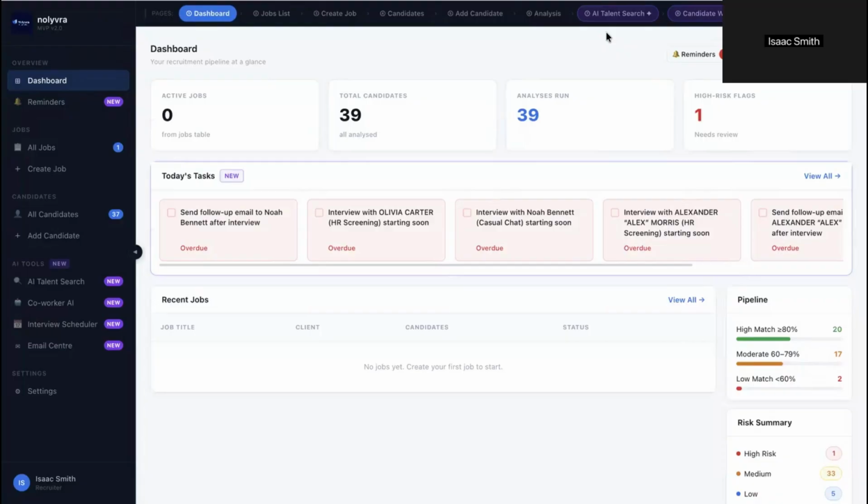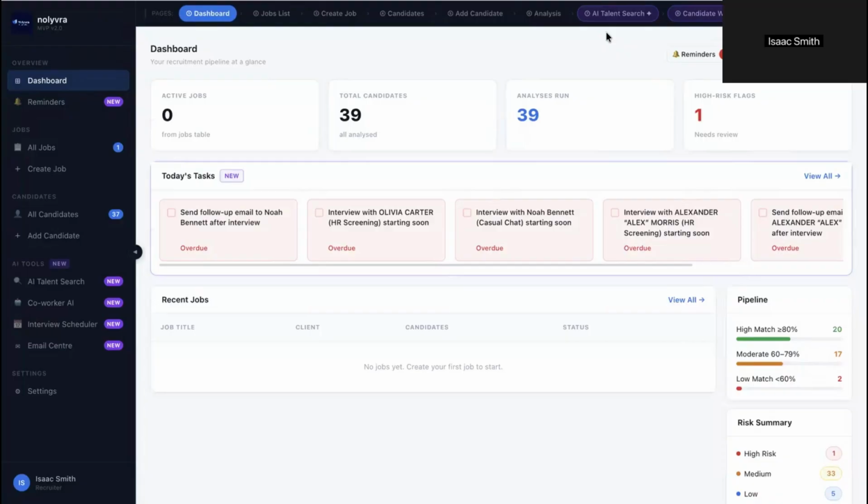Most tools that recruiters use today are built merely to store information, such as candidates, notes, and stages, and many may even offer some reporting or insights on top. But at the end of the day, you're still the one moving things forward, and you're doing this manually. So what ends up happening is a lot of your time isn't spent on hiring better, but rather spent managing